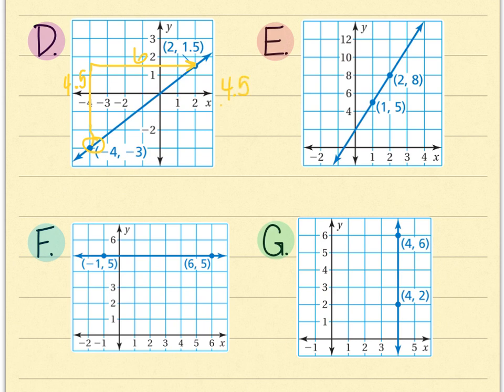Now, that's not going to be an acceptable slope because it's got a decimal. We don't like fractions that have decimals in them. So here's a really easy way I could get rid of this decimal. You'll notice that it's 4.5, and so I could just multiply the top and bottom by 2. It'd be really easy to do. And 4.5 times 2 is 9, and 6